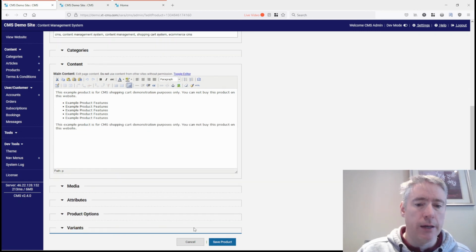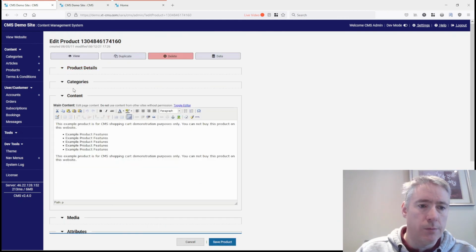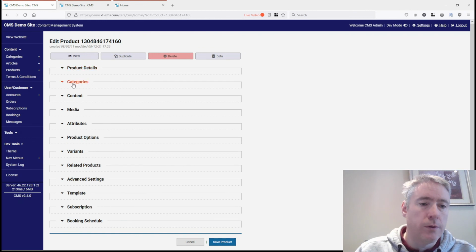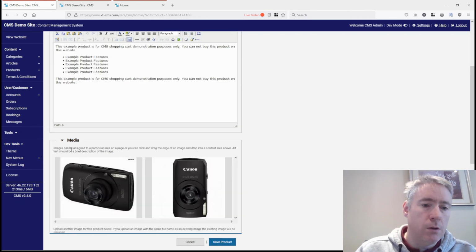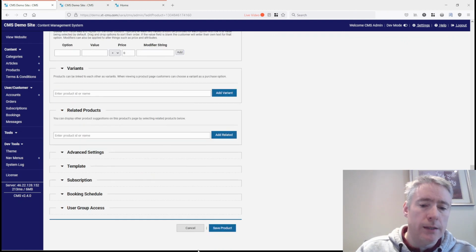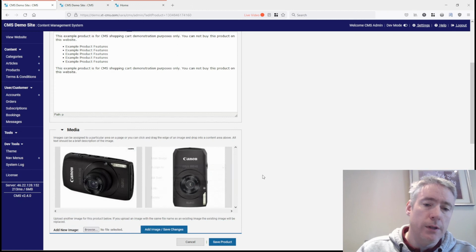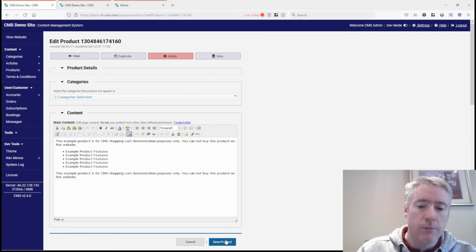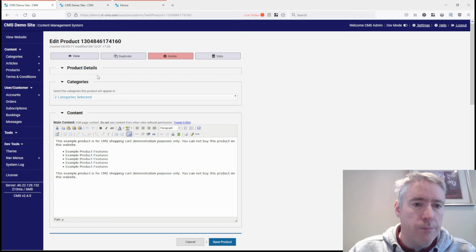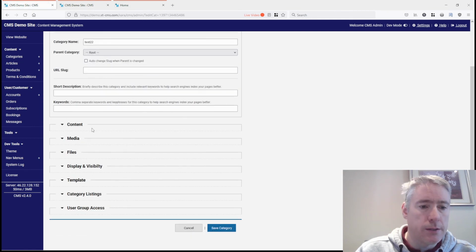So if I want to look at the actual content, I can expand that and have a look at the content here. And also the cancel and save buttons are always in view as you're viewing and editing your product now. Before, in the previous version, these would all have been expanded, which is a lot of options to browse through. And these buttons were right down the bottom, so you would have had to edit something here, scroll all the way down the bottom and click save. But now you've always got this save button conveniently there as you're viewing and editing things. And that applies to all the various sections. If you're editing a category, it's the same as well.